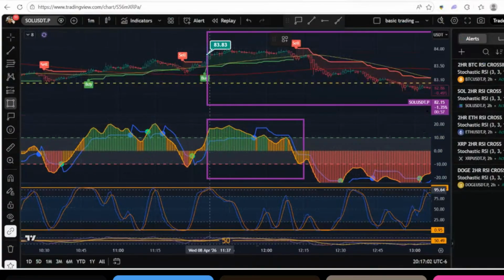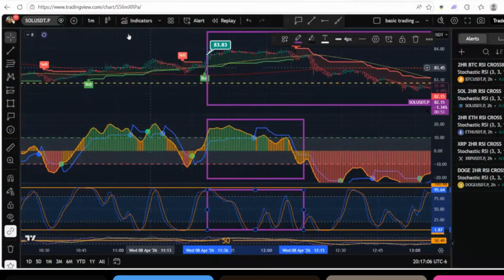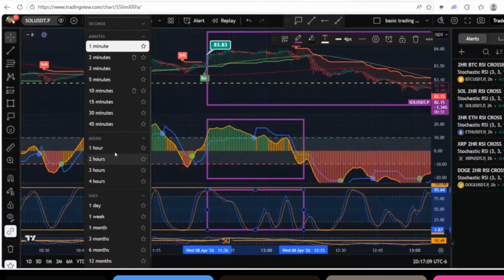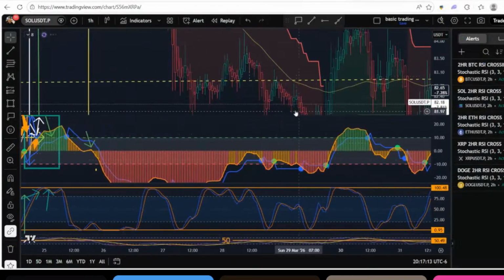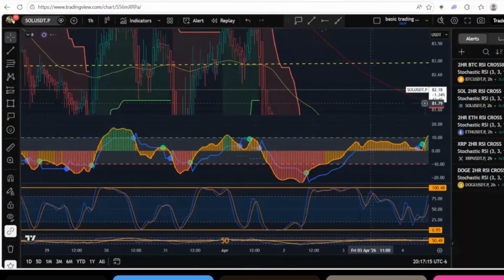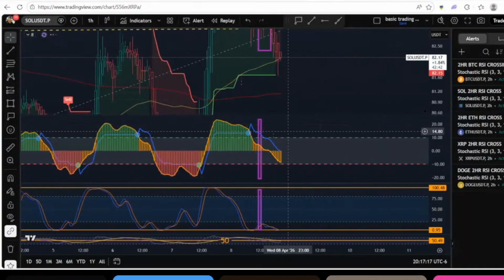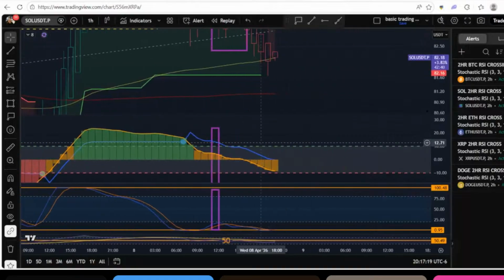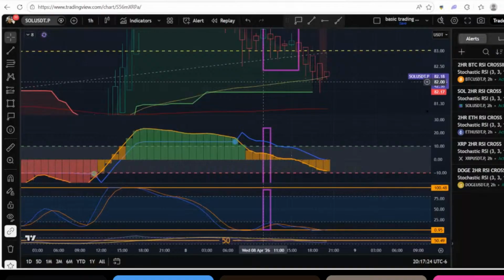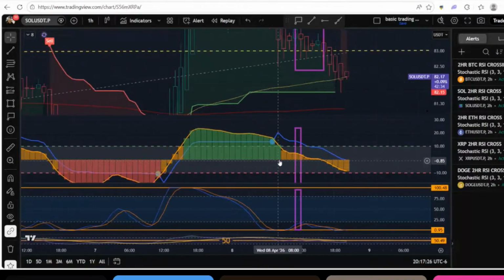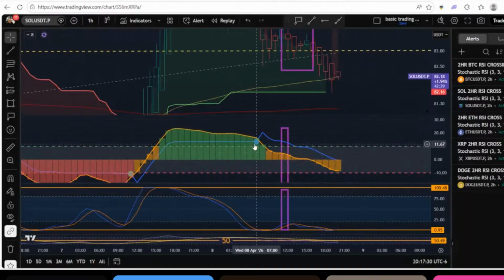And all I'm looking for here is a couple things that I want to see, right? First thing is I've got to take a look at my 1 hour, right? Most of the time, anytime I'm doing a 1 hour, I want to make sure that we have some type of value. And see right away, I can see why this trade isn't going to work, right?